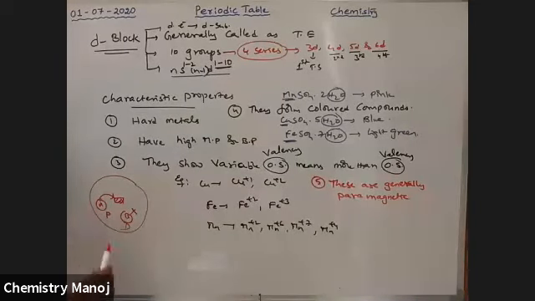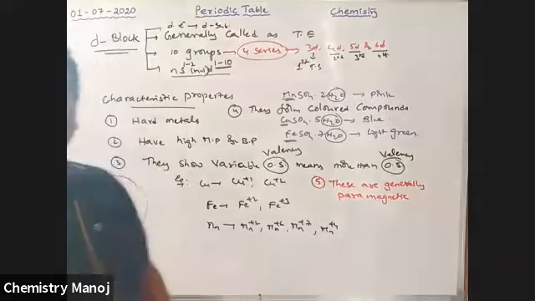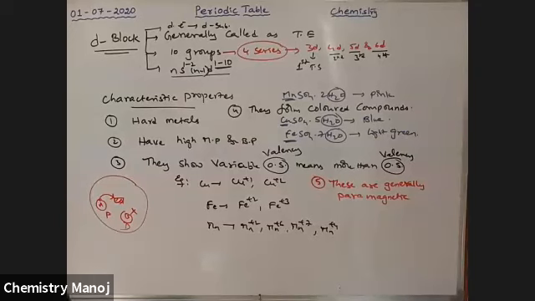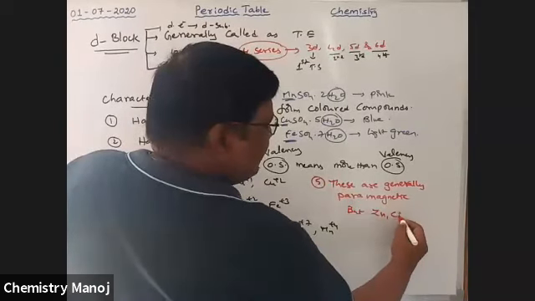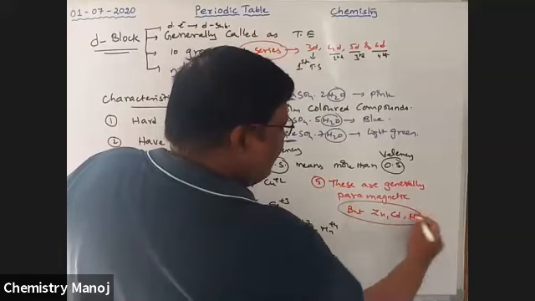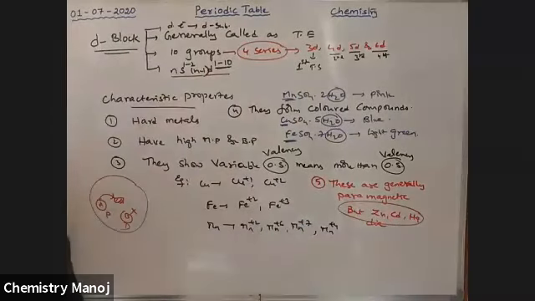That means our D block elements are mostly magnetic, meaning attraction. They are attracted by a magnet. That is the magnetic property. Okay. So the compounds of these elements are generally attracted by a magnet when placed in a magnetic field. That means most of these elements are paramagnetic in nature. But zinc, cadmium, mercury are diamagnetic because of the absence of unpaired electrons. The presence of unpaired electrons gives paramagnetism.